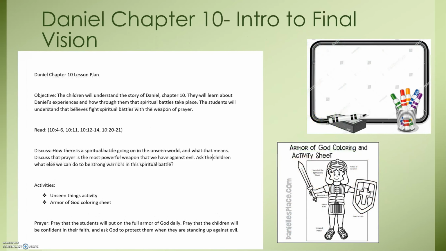And then for chapter 10, the intro to the final vision is the unseen things activity, where the kids will write things that are on the board that are unseen, so your lungs or your heart, etc. And then you'll talk about how the unseen world and God are still things that are real. And then the armor